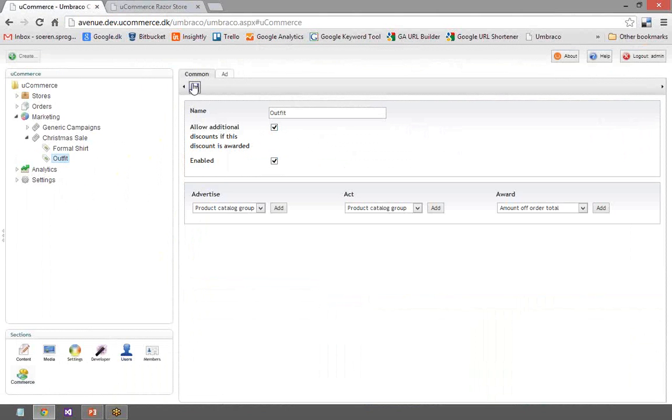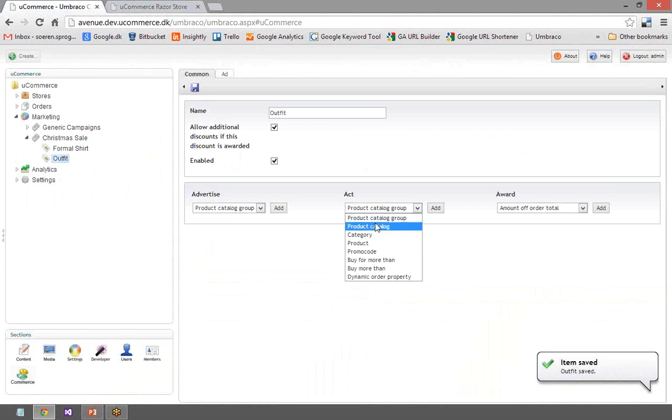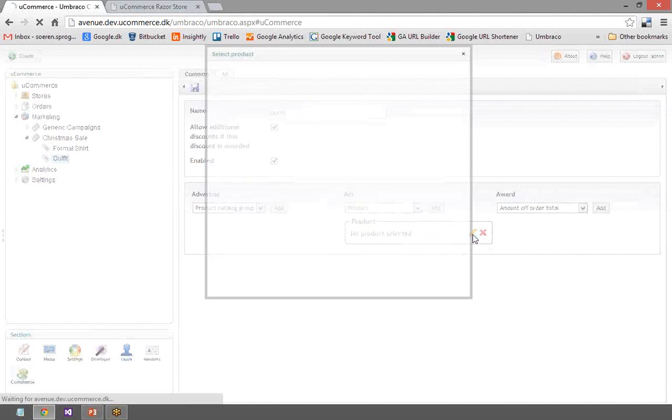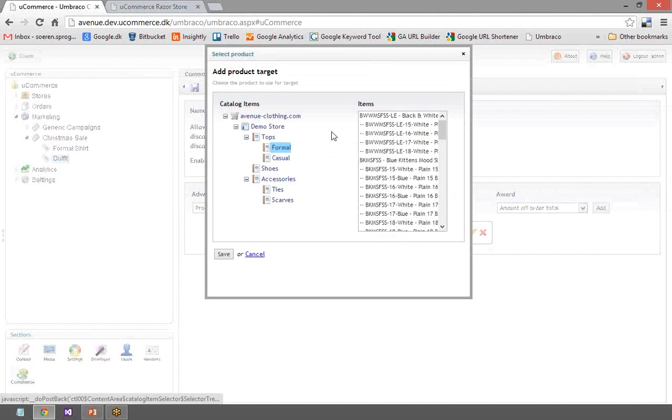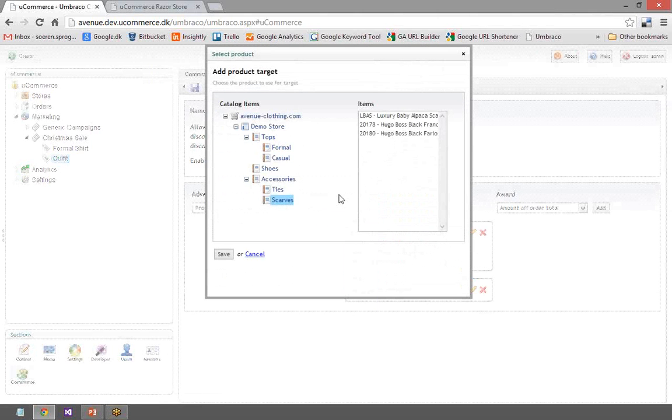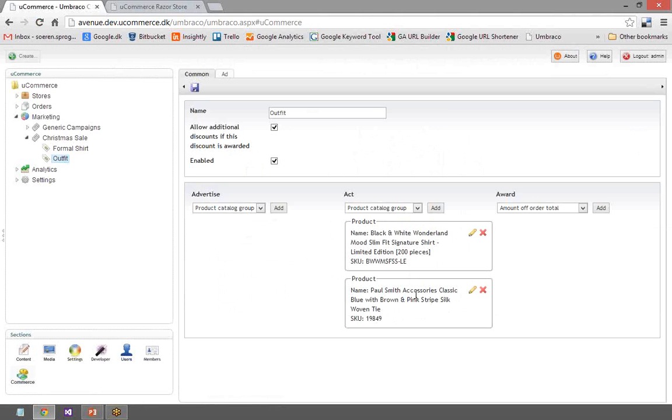I'd like to bundle it with further discounts and say if a customer buys a specific black and white formal shirt, and of course when you buy shirts you also need a tie, and we know that this Paul Smith tie here goes particularly well with this shirt,